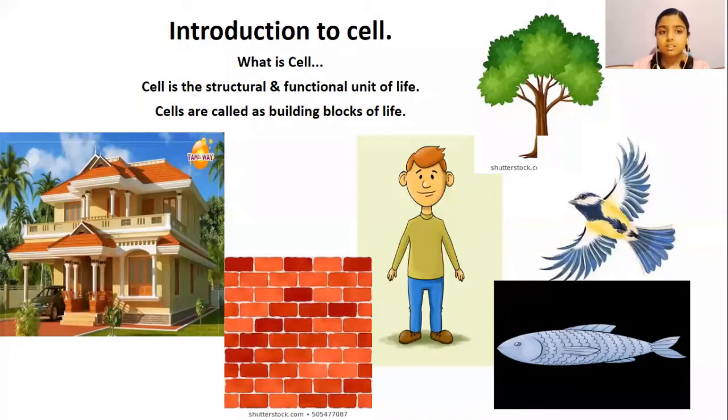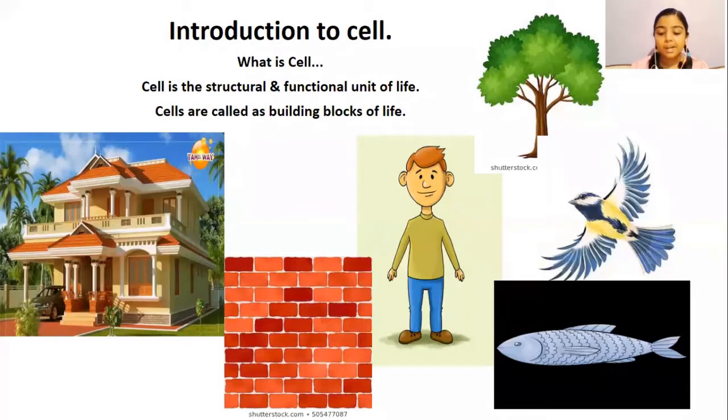So, what is a cell? Cell is the structural and functional unit of life. Cells are also called the building blocks of life because many cells, when they collaborate together, form a living organism. Well, there are many cells like amoeba and paramecium that are capable of sustaining life with a single cell. These types of cells are called unicellular organisms, while the organisms that have more than one cell are called multicellular organisms.